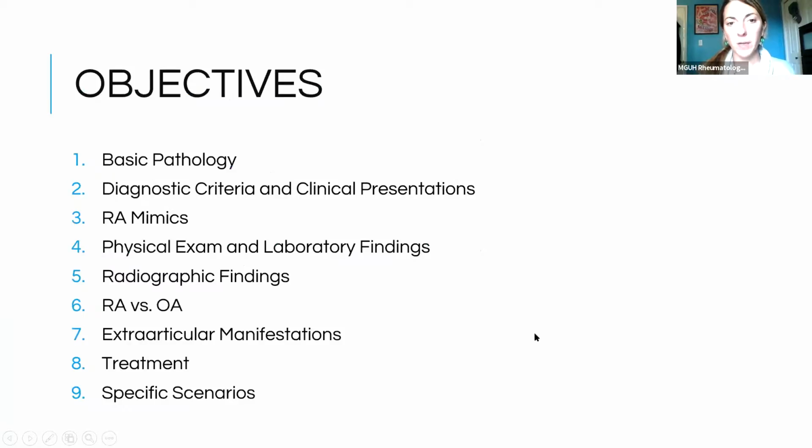All right, so objectives for us. We're going to take a broad overview of rheumatoid arthritis here. I want to talk a little bit about the pathology, but not delve too deeply into that. We're going to talk quite a bit about the